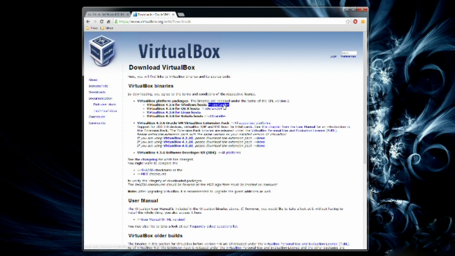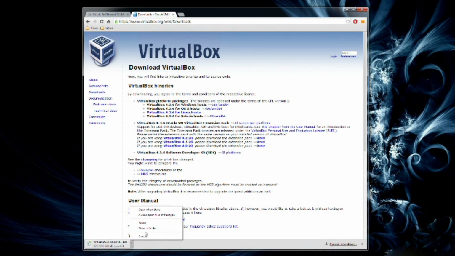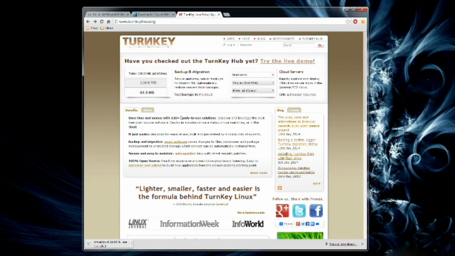So we're going to download this. I'm using Windows, so I'm just going to download this host for Windows. I have already done that, so I'm just going to cancel that, but you need to do it. And while that is downloading, we're going to head over to